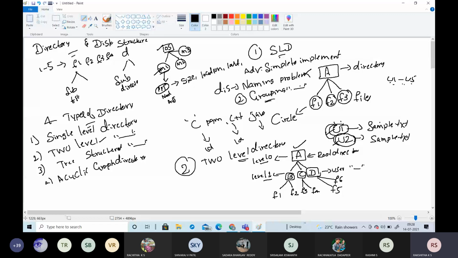Here user 1 created a directory known as B. F3 is a file of the C directory. F2 is a file for the B directory, F3 is a file for the C directory, and F5 is a file for the D directory, as well as the A directory. F3 is a file present below the C directory, which in turn is present below the A directory. And F2 is present here.